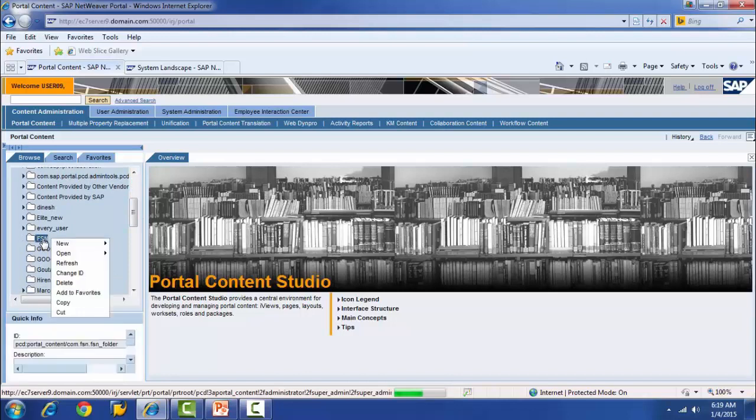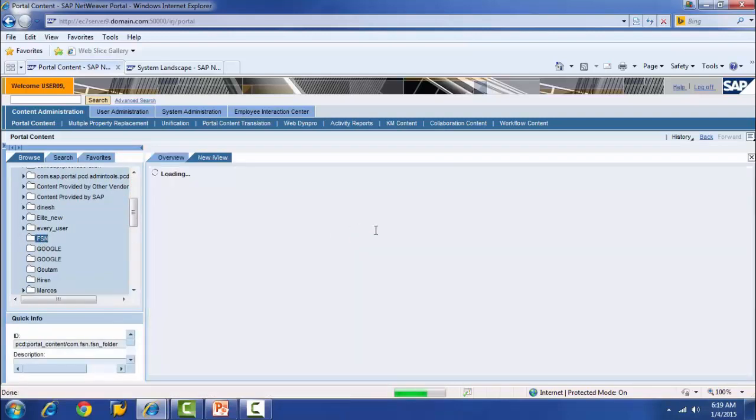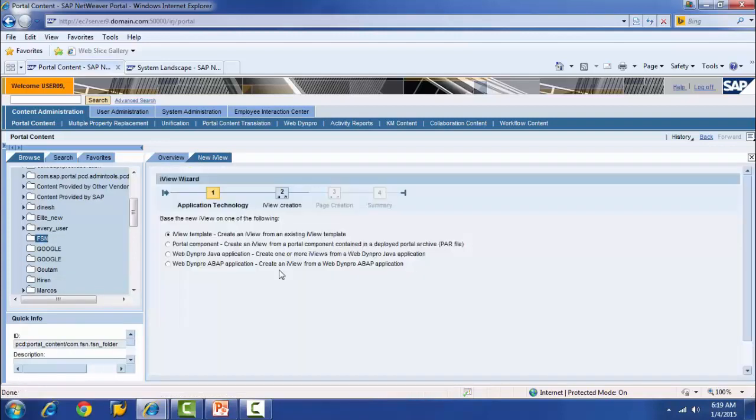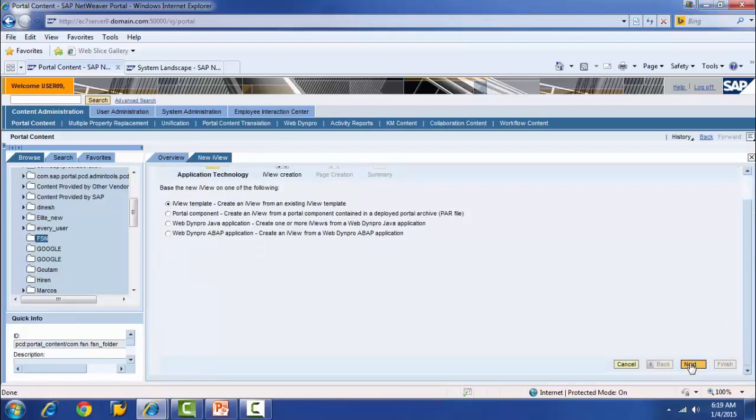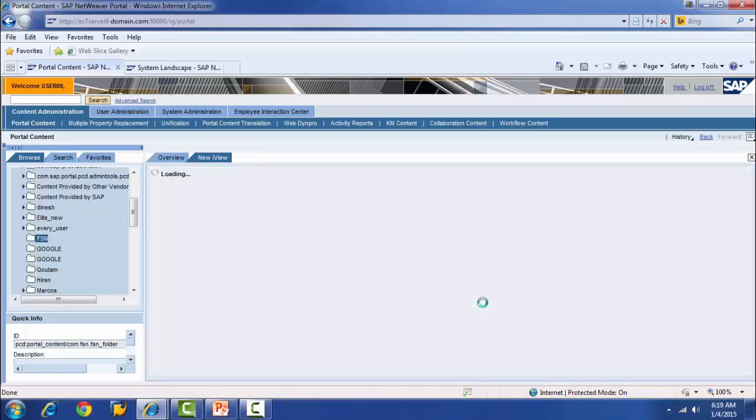Right click on the folder, New, iView. Select iView template. Then specify the